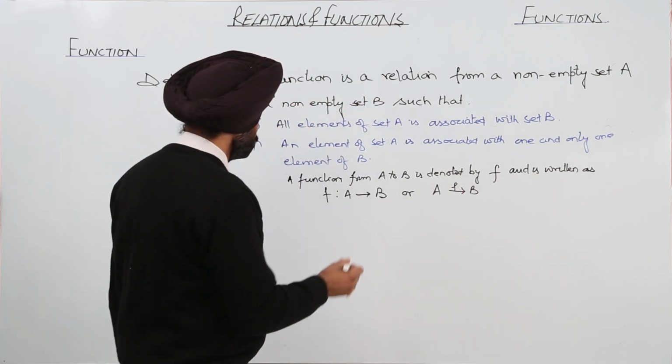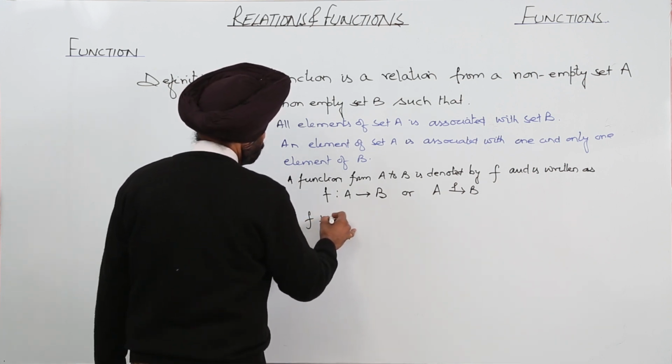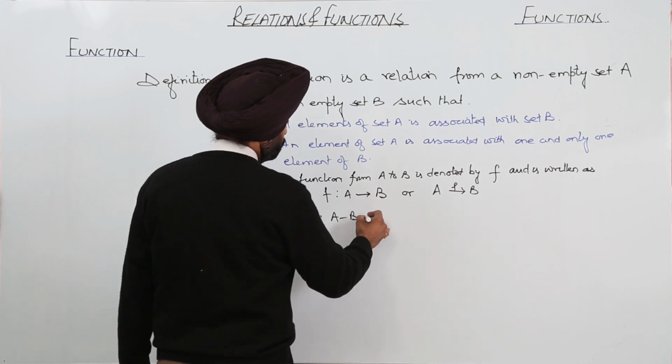Okay. So now in set builder form we can write it, definition for a function from A to B